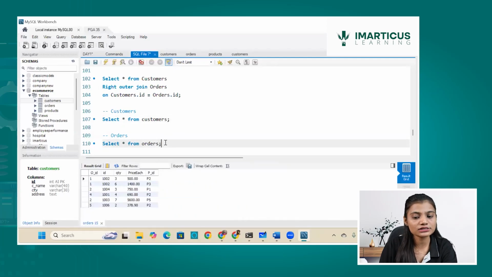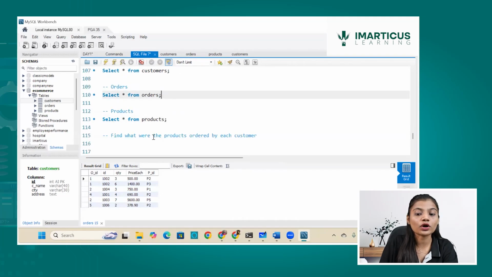Yes, we do have the order ID, and the customer ID who has placed the order. And here I have product related information but not the name. What is the question which I want? What were the products ordered by each customer? I don't know what the products are over here. I just have IDs, P1, P2 and so on.